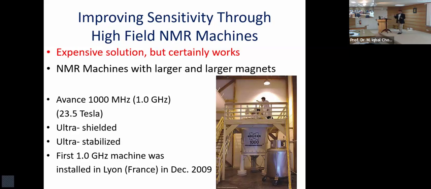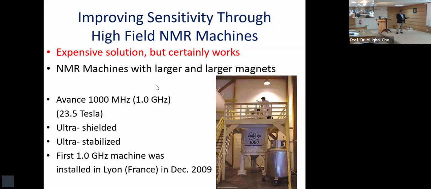at that time. Why is the size so large? Because if you have a large magnet, you need to have more helium and more nitrogen, and you need to actually go stairs up, or you make a ditch. You put it down there. But the best method is this one, where you always have a problem of water seepage or so many other things also. But this is mechanically stable, and